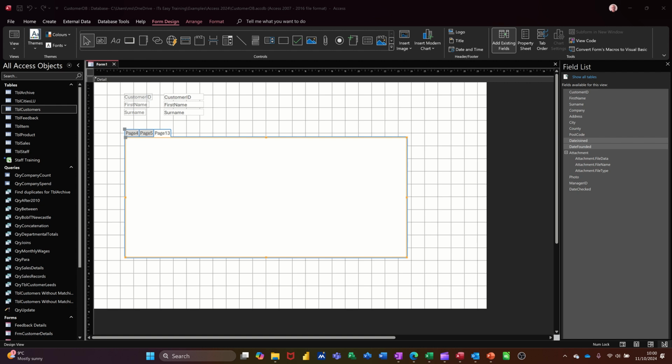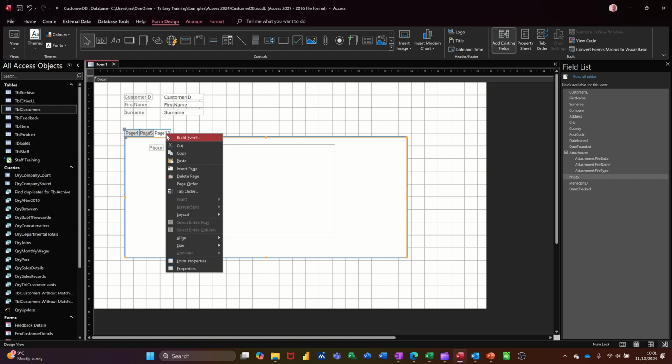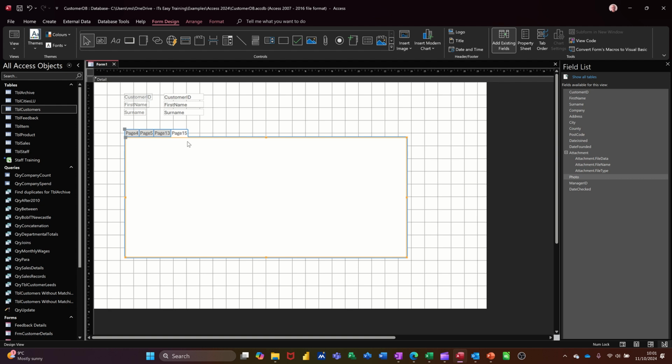So I can add photo on there. So I'll just drag photo on there, resize that a bit because it might be a big photo. And then I want another page, so I'm going to right click again, and this is where I now want to do a subform. So the subform tools up here as well, over on the right there, subform, subreport, click on that,